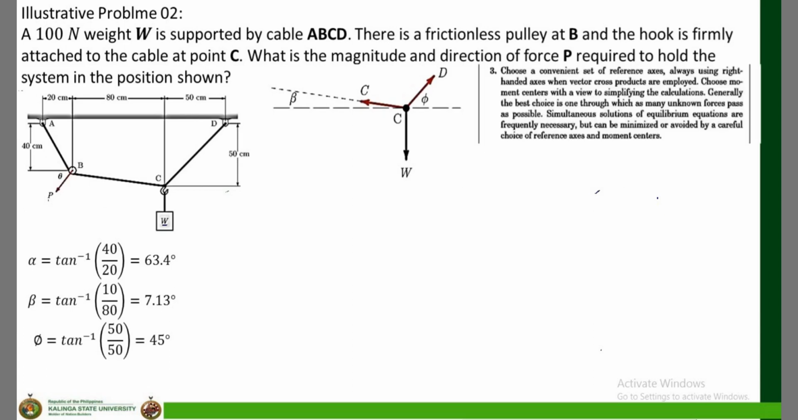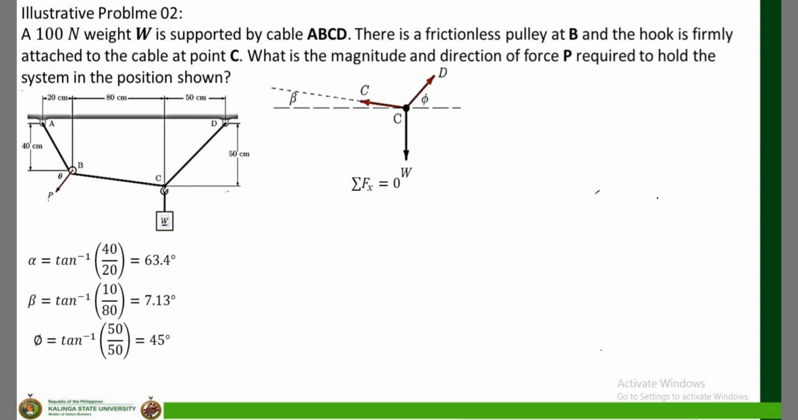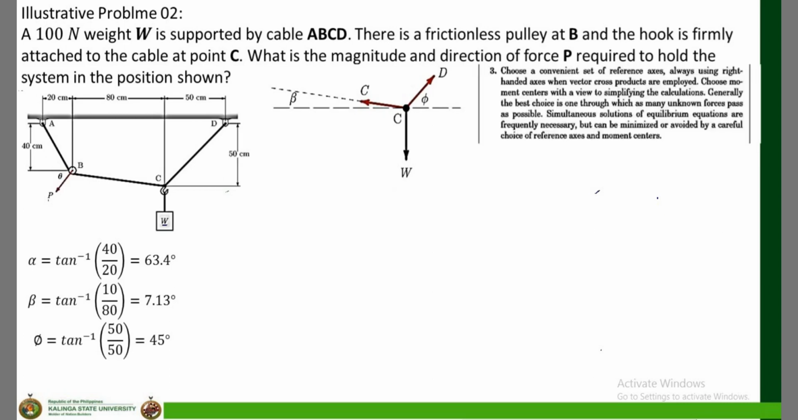Then let's go to step 3. Choose a convenient set of reference axes. In here, my reference axis will be